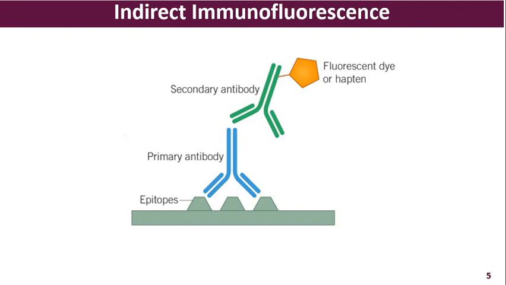On addition of the secondary antibody, if the primary antibody is already bound to the cell antigens and is available there, the secondary antibody will recognize the primary antibody and bind to it. If the primary antibodies are not bound to the antigens, then the secondary antibody will not be able to bind to anything. If the primary antibody is bound to the cell antigens, the secondary antibody will bind to the primary antibody and